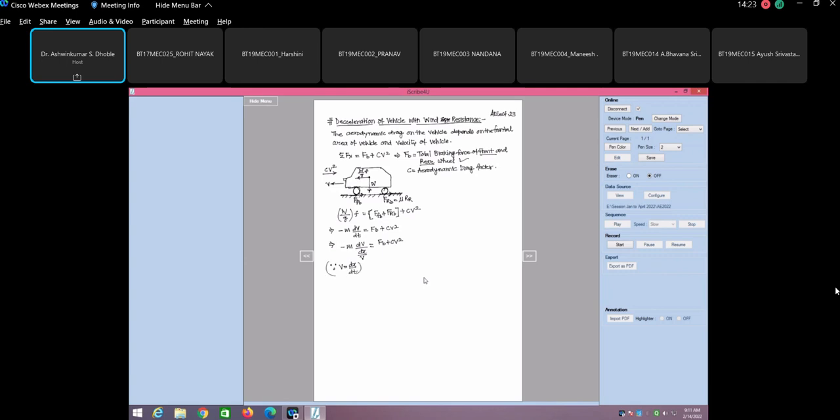So we have replaced dt by dx by V. So if we simplify this, then we can write minus V dV is equal to FB plus CV square by M, this is dV by dx. M is the mass of the vehicle. So if we further simplify, it is V dV is equal to